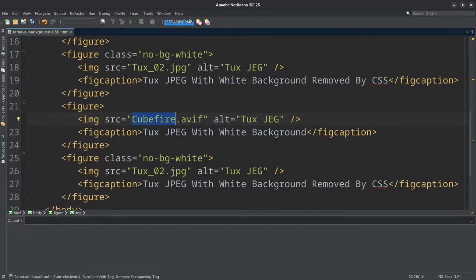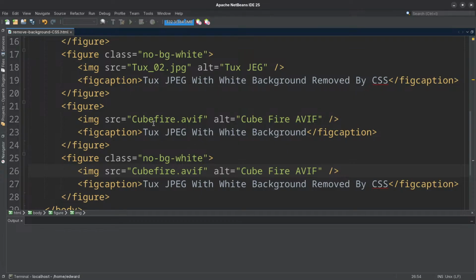The same thing here, AVIF. Okay, so this is obviously CubeFire AVIF. Copy this, paste it here, and then this is obviously